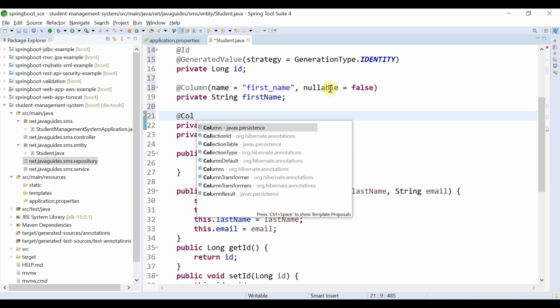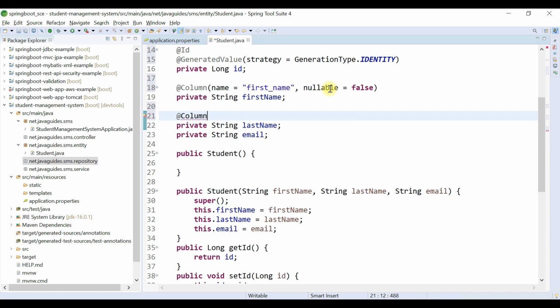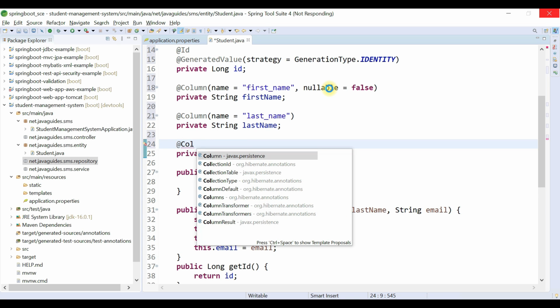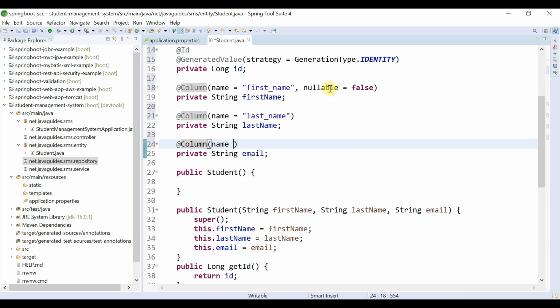Similarly, let's add a @Column annotation for last name as well. name equals last_name. Similarly, let's add it for email, name equals